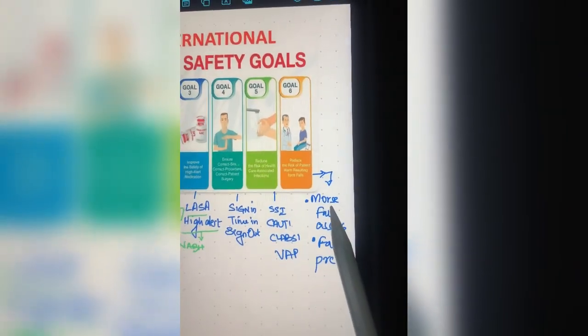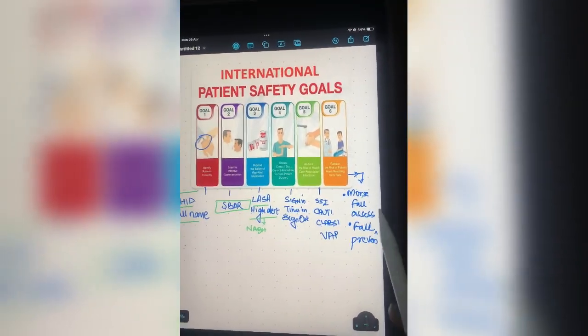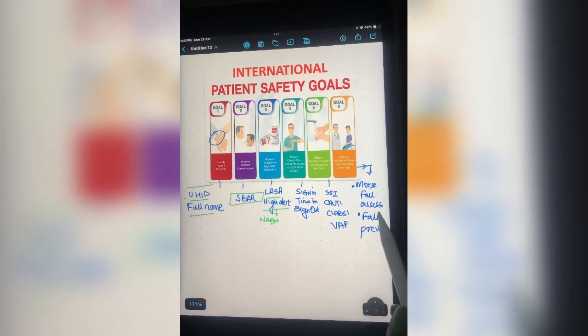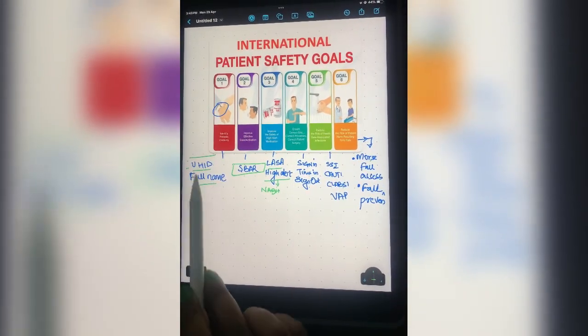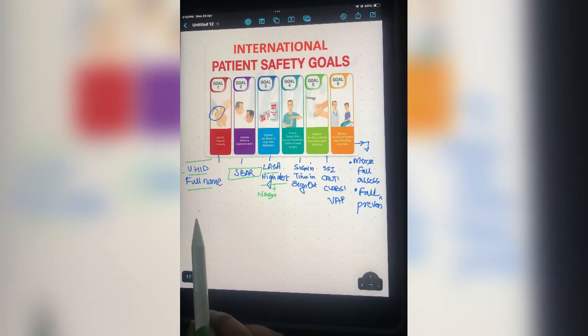So here you need to do a MFS for risk assessment of your patient, and have a fall prevention policy for all the patients. A very quick method to remember all the goals in sequence is this: first goal, when the patient